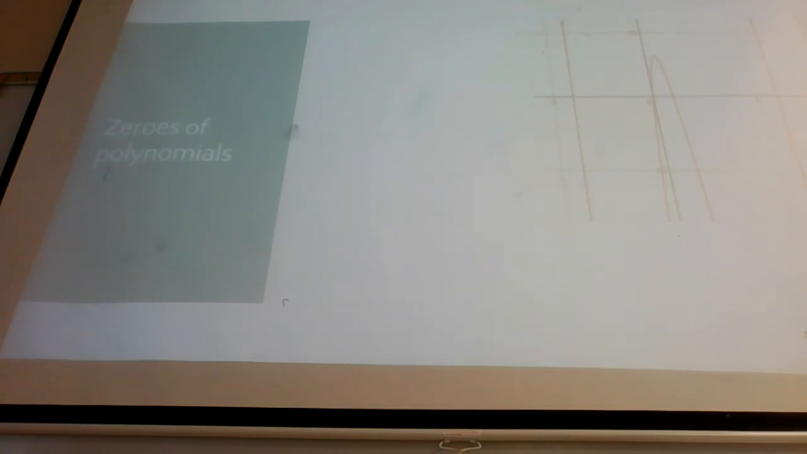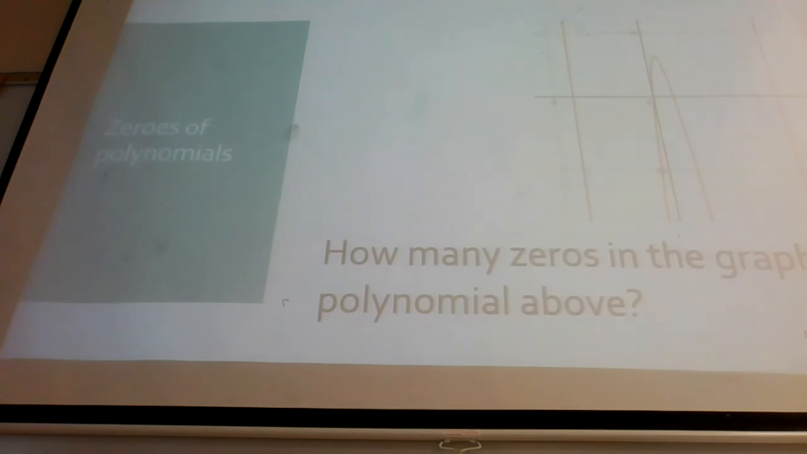Last thing is zeros of polynomials. Remember, a zero is where it crosses the x-axis. It's where the value of y is 0. So the first thing is, how many zeros are in the graphed polynomial above? 1, 2, 3, 4. Remember, if it switches direction, which means it has a multiplicity that's even, that's when you have the bounce. We talked about that in Algebra 2 last year. That's still a zero. So if it came to here and then immediately went back down, that would still be a zero. So I got 1, 2, 3, 4. So there are 4